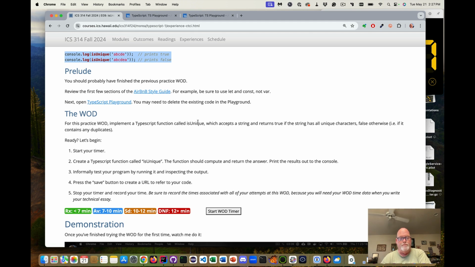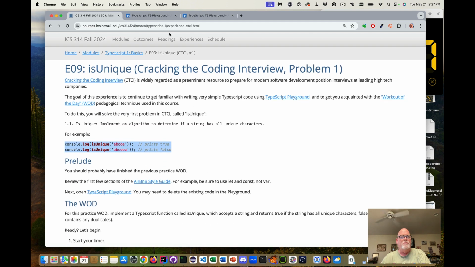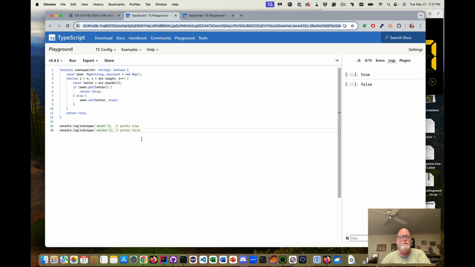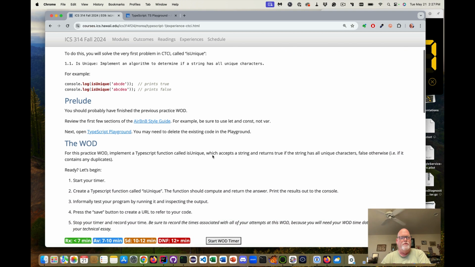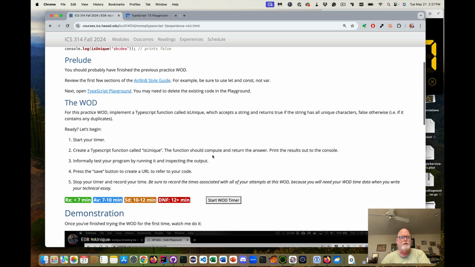Even if you do pass, with like 11 minutes, you may want to practice this problem until you get familiar with the TypeScript Playground, running things, saving the URLs, and having a timer. These programming skills that we're learning in 3.14 are just a skill, and the way to improve your skill is to practice, practice, practice.